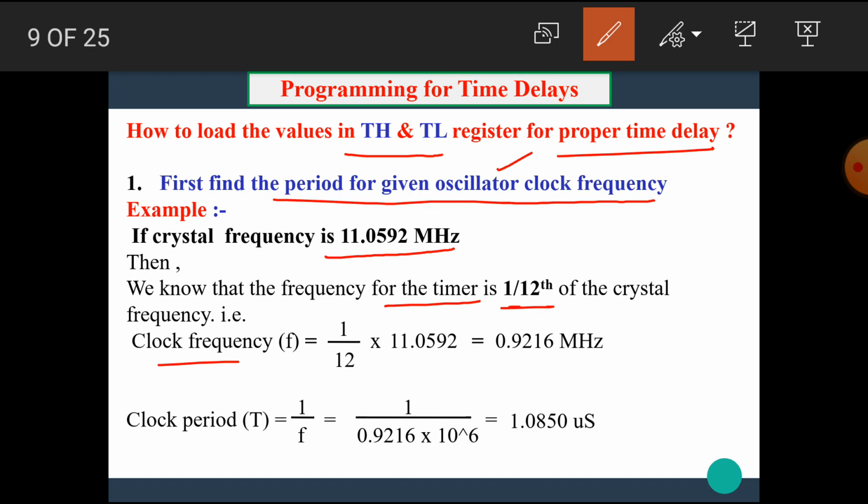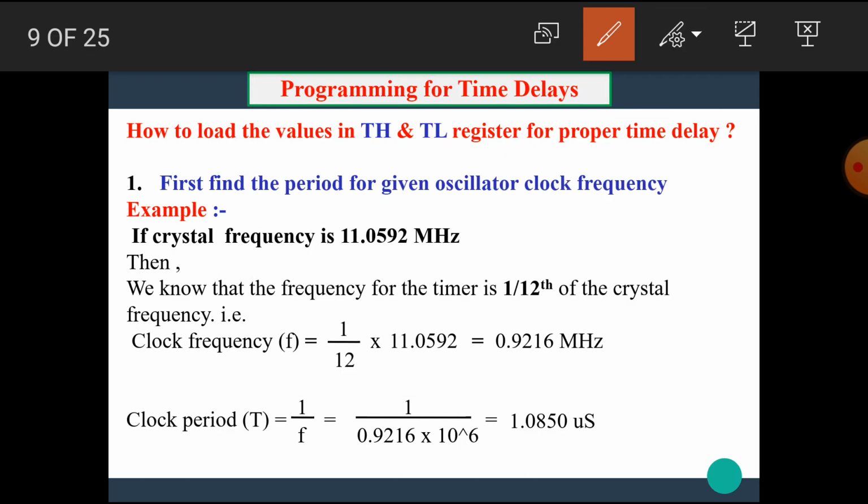frequency f is equal to 1 divided by 12 into 11.0592. After solving this, we get 0.9216 megahertz. Okay. Here megahertz means 10 raised to 6 hertz. I hope you all know this. Now we get here the clock frequency f equal to